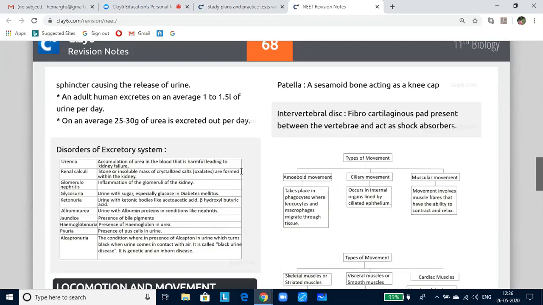Skin eliminates certain waste with sweat such as NaCl, some urea, lactic acid, etc. Sebaceous glands in the skin eliminate substances like sterols, hydrocarbons and waxes through sebum. Now let us look into the disorders of the urinary